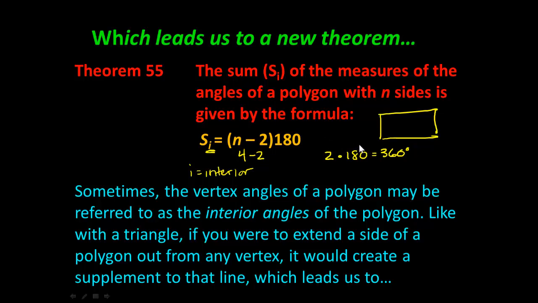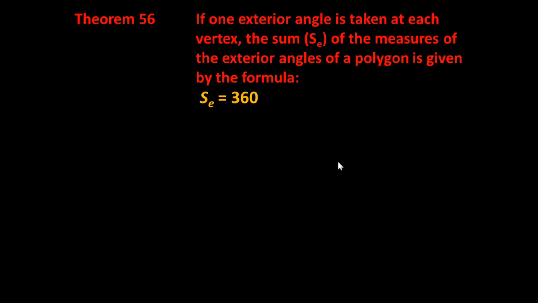If we were to extend out a side of a polygon from any vertex, so let's say I had this vertex here, and I extended this side out, okay, it creates a supplement to this line right here, which leads us to Theorem 56. If one exterior angle is taken at each vertex, the sum of the measures of the exterior angles of a polygon is given by the formula S sub E, E is exterior,